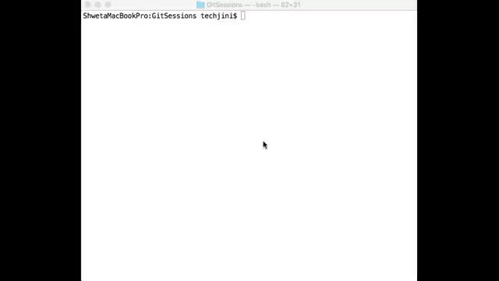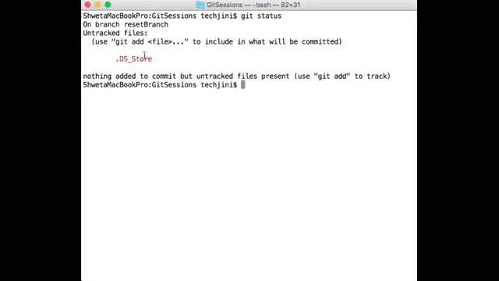Now we will see how we can create a gitignore file. In our previous repository, we have not used any gitignore file, and I have a file .DS_Store which I don't want to commit. Let's create a gitignore file and add this file over there so that it is not pushed to